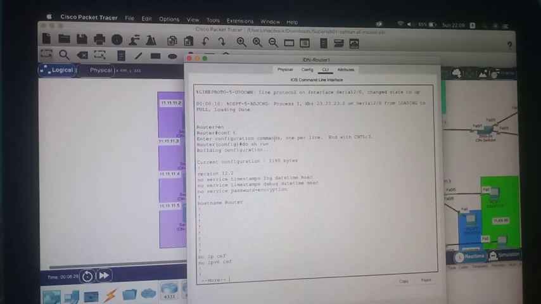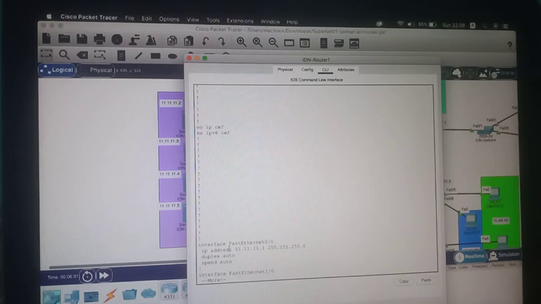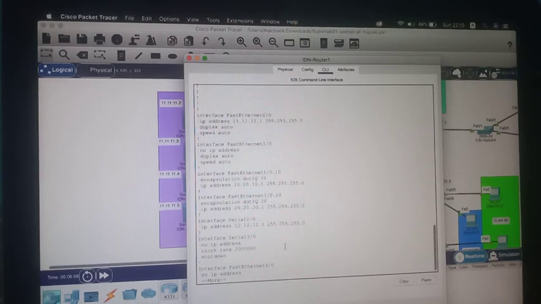For this, fast Ethernet has the IP address 11.11.11.1 with subnet mask 255.255.255.0, and we can move to interface 0/0.